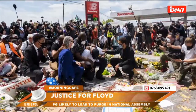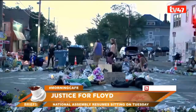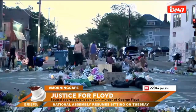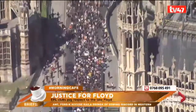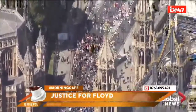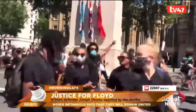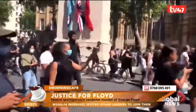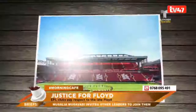This is the last spot where George Floyd took his last breath and in pain. Here, on this road in Minneapolis, under the callous knee of Chauvin Derrick, an American police officer who has since been sacked and arraigned. Activists and all those aggrieved by his gruesome murder rendering roads in the United States impassable until justice is served for the man who met his death for trying to use a counterfeit $20 bill at a deli. The sports family, which has always been on the forefront in the fight against racism,